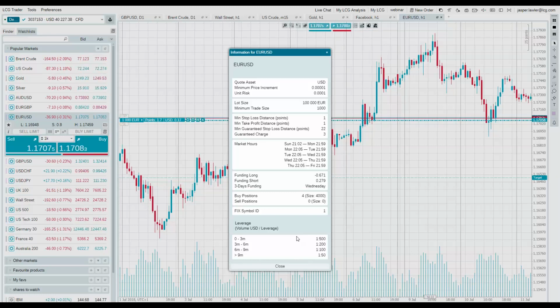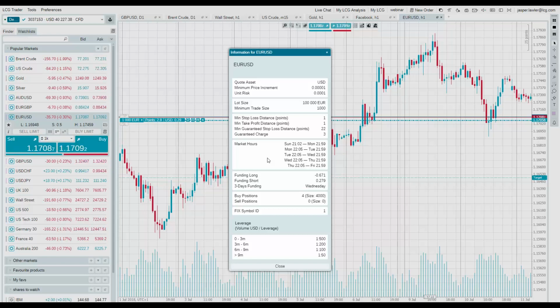Those leverage amounts obviously are changeable over time according to company business decisions and regulation. You can see the market hours here, pretty much 24 hours a day. Obviously, it starts pretty much on Sunday, and then it finishes Friday evening. And these times are based on GMT, I believe, so it's going to vary slightly according to what part of the world you're in. And then there are more details here in terms of the availability of